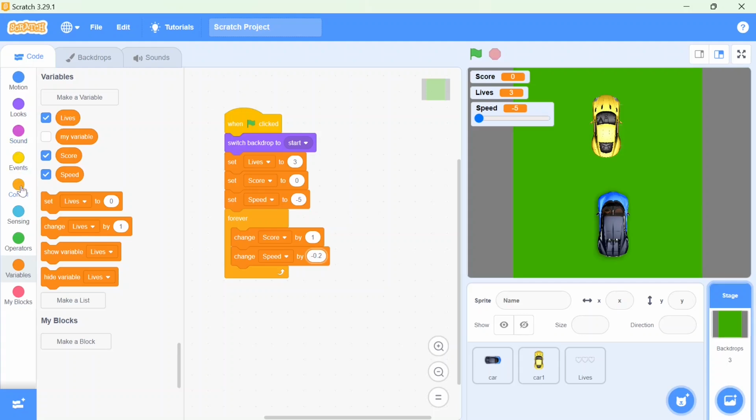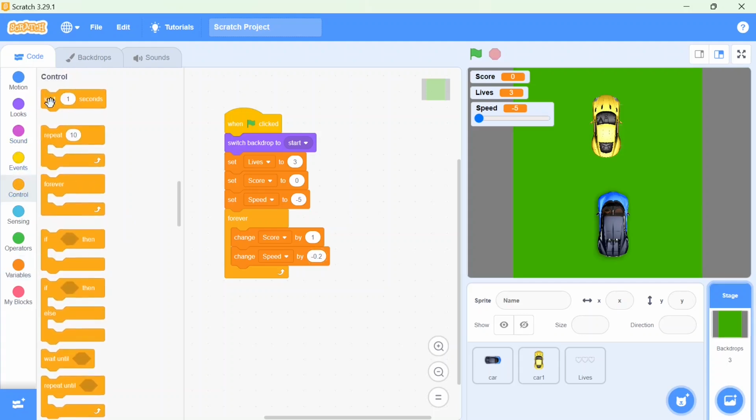And here I will give some time break, wait for 1 second. So on the basis of that, every 1 second the speed gets changed. Do you want to see? You can see in every second the speed and score change continuously. Till now we have not set the movement for the car, that's why the car is staying on the track. But as per the time, these values are changing.